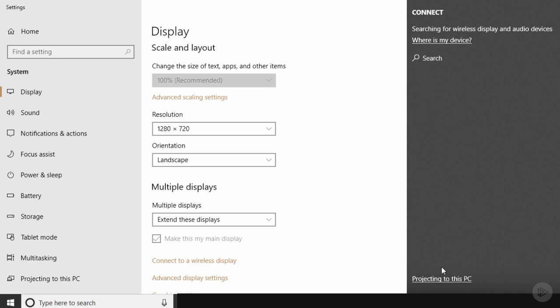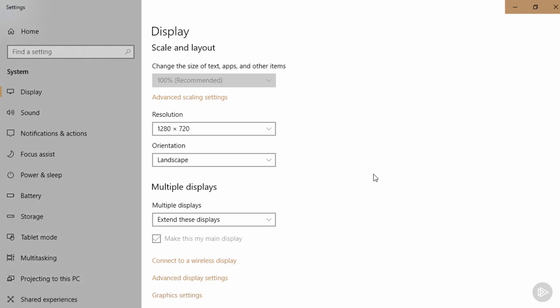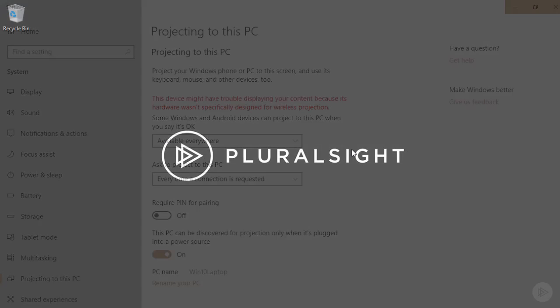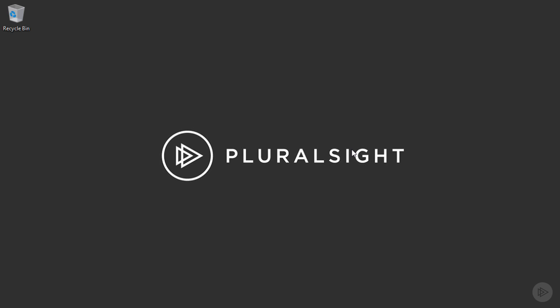also got options here to project to this PC. If I were to click that, if my computer supports it, I could choose whether I want to allow other devices like smartphones to project to this screen. Depending on the driver that you've got installed for your video card, or display card as it's called, you might